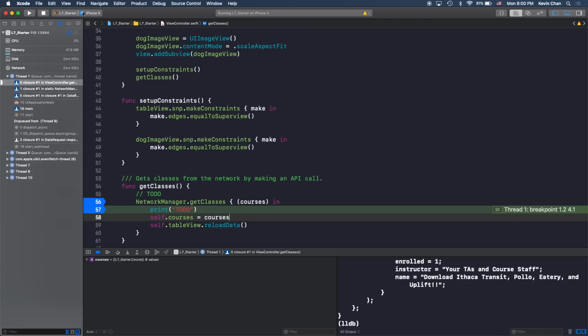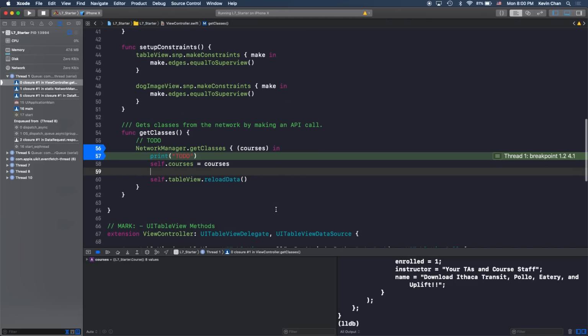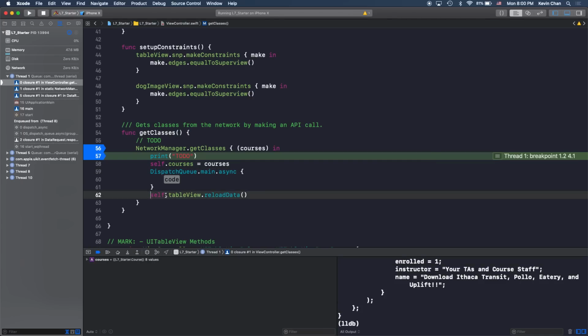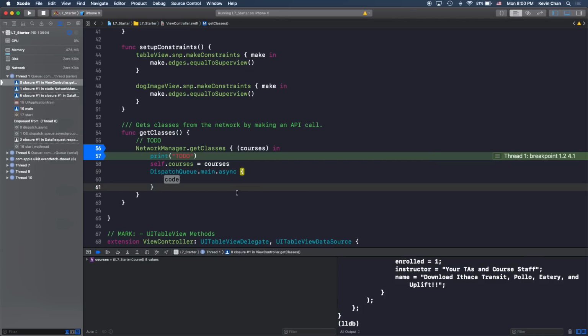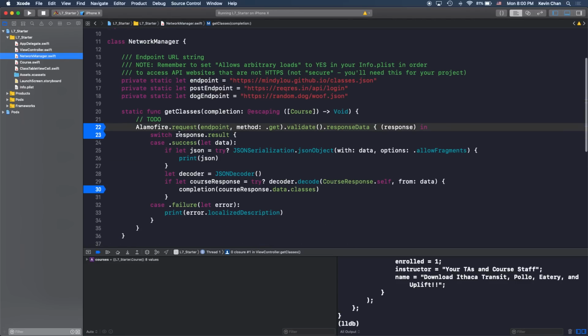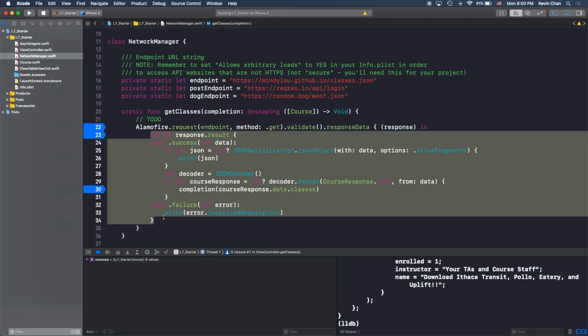And before we run this, there's actually one more line of code you guys need. So it's going to be DispatchQueue.main.async. So I'll explain what this does. So when you make a network request here, and then you get a response, this response is run. So actually, there's two types of